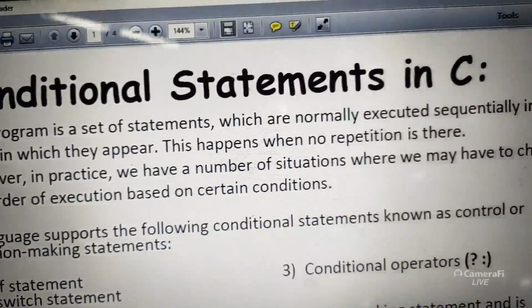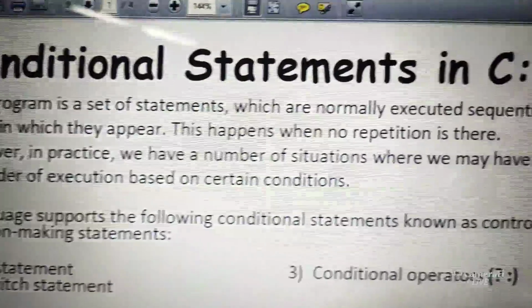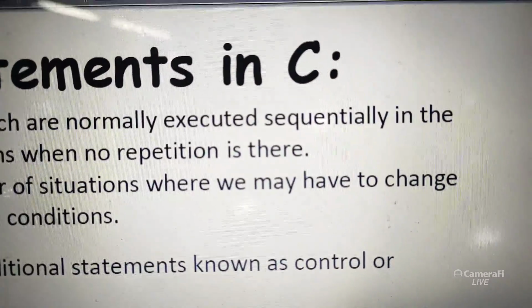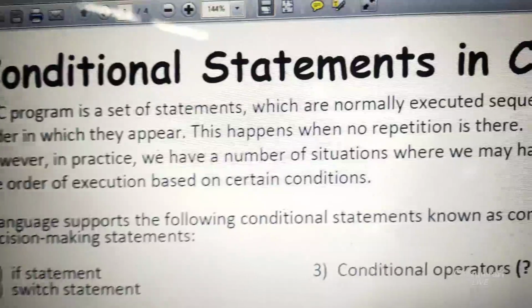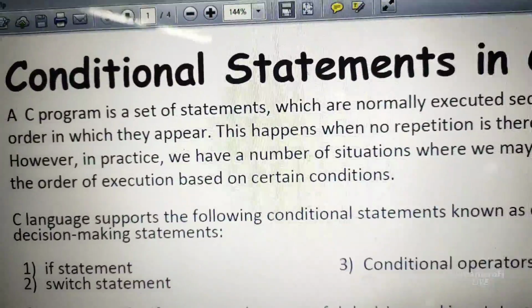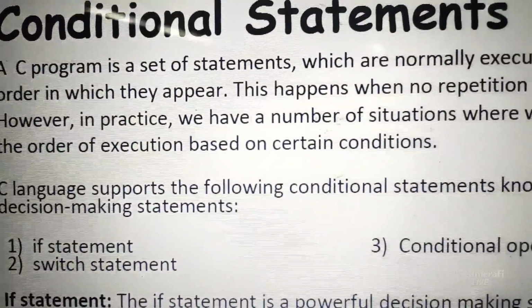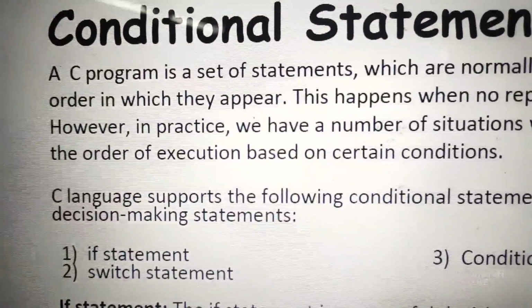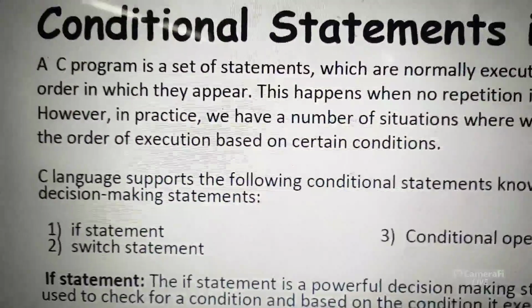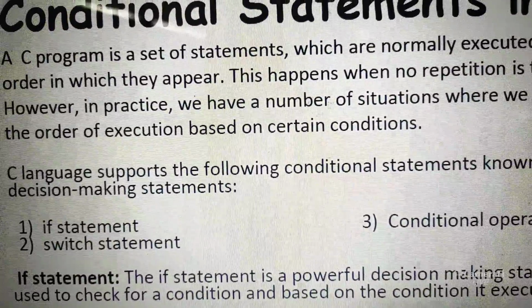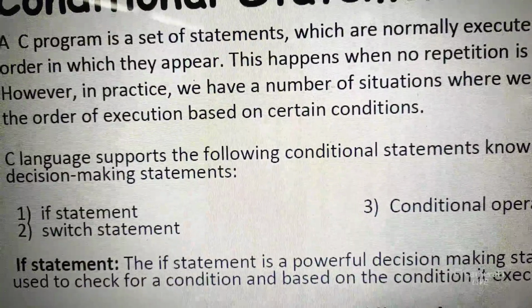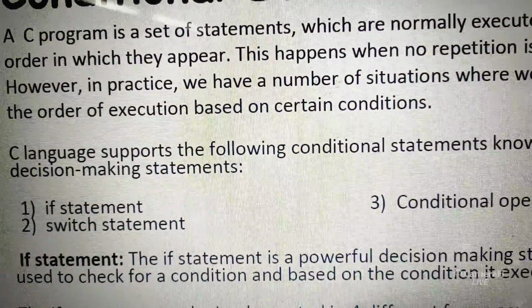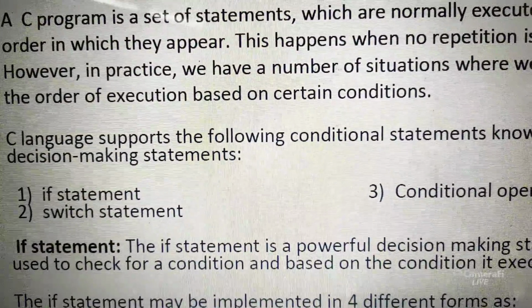But this happens when no repetition is there. A sequential order will be followed: first line, second line, third line, fourth line. No zigzag, no jumping. However, in practice, there are a number of situations where we may have to change the order of execution based on certain conditions. One example I have shown: if the candidate gender is male, then the data should be stored in the male file. If the gender is female, the data should be stored in the